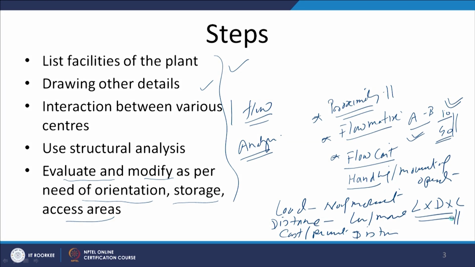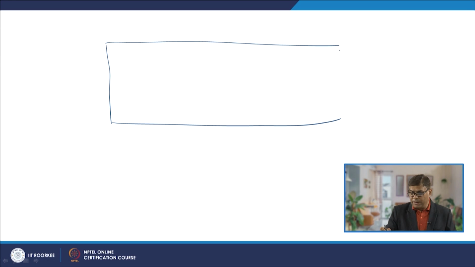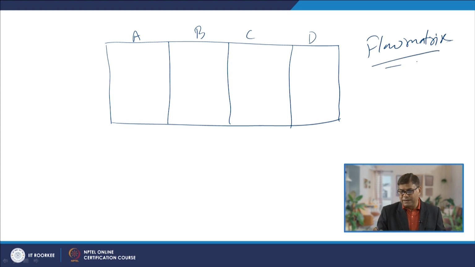So, here I will be taking up one particular example. According to this example, say the layout of the facility is like this, wherein there are 4 work centers like A, B, C and D. This is the current layout, and the extent of movement which exists between them, obtained from the flow matrix analysis, is coming out like this.